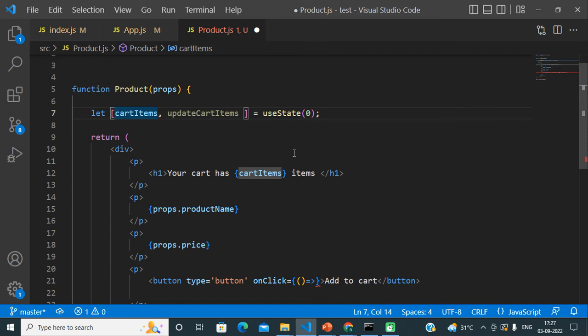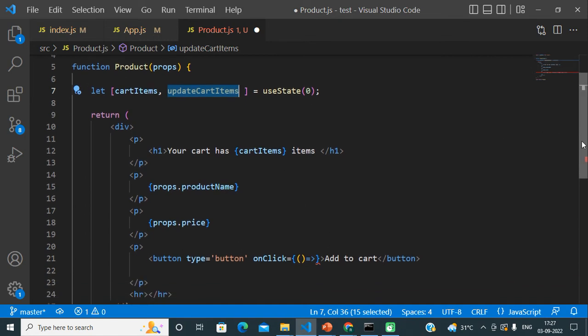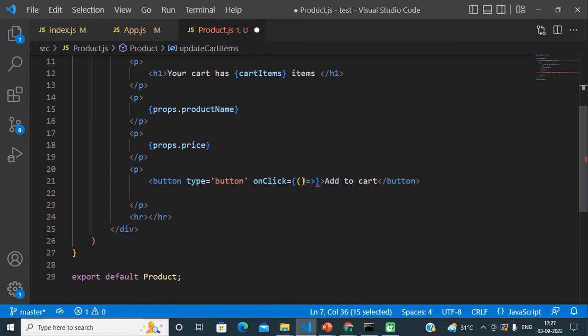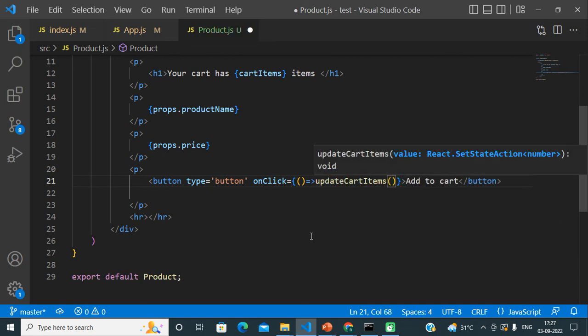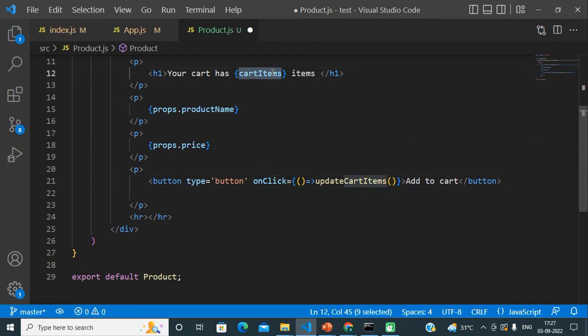With the help of that function we can update this value. We are storing that function in this variable, and with the help of this function we can update the cartItems value. To update, we have to call this function and pass the new value.